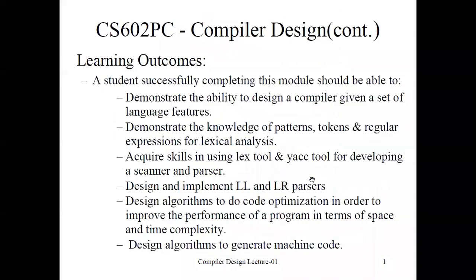After completion of this course, what you are able to achieve is called the learning outcome of the course.